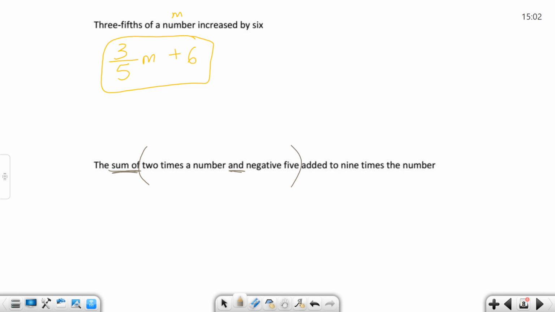And is that typical word. Sum means plus, and you put that where the word and is. When you see something like that, and is where the operation typically goes. All right, so here, 2 times a number. Let's go back and call it x again, okay? 2 times a number